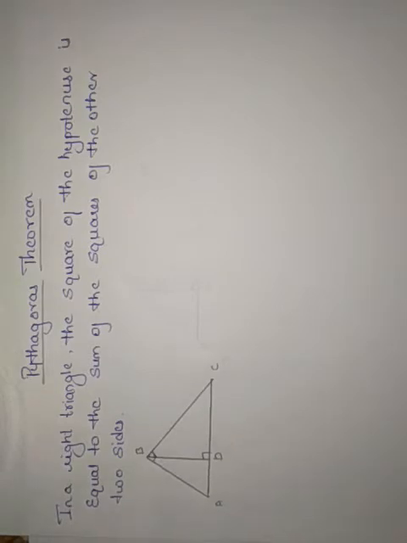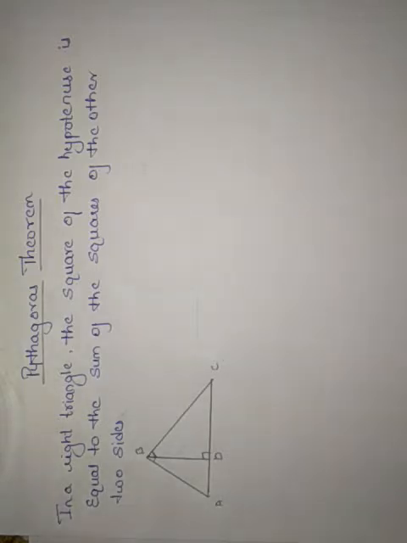Good morning, students. In today's class, we are going to derive the formula for the Pythagoras theorem. In the previous class, you already learned how to use the Pythagoras theorem, and it is used for a right angle triangle only, isn't it? You all know that AC square is equal to AB square plus BC square is the Pythagoras theorem, right? Today we are going to derive that equation.